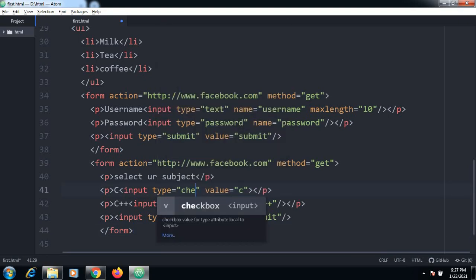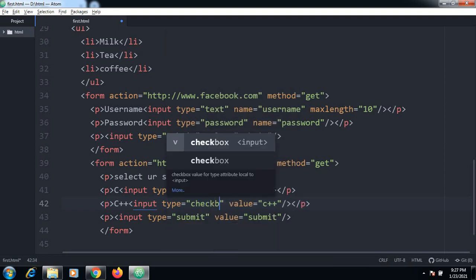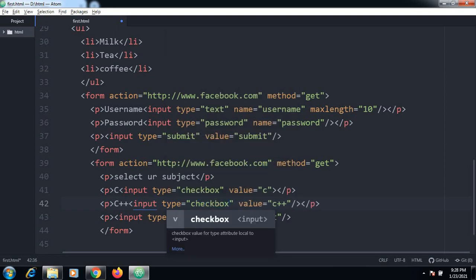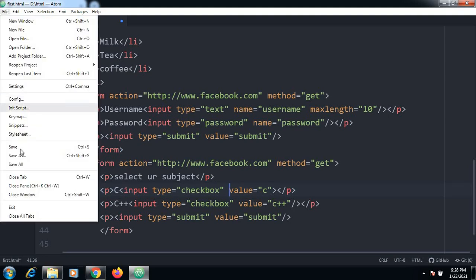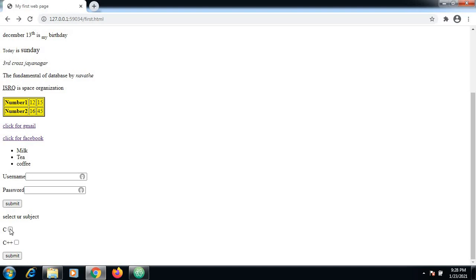So instead of radio buttons, you can have a checkbox. A checkbox allows you to select more than one value at the same time. Just go and save this file, and so instead of radio buttons, we have a checkbox.